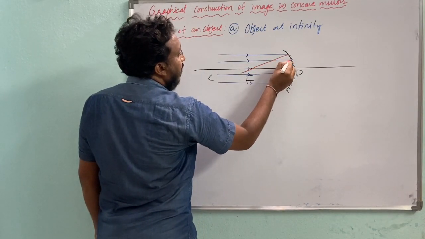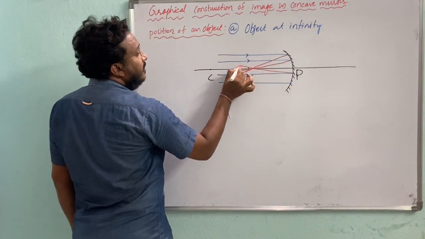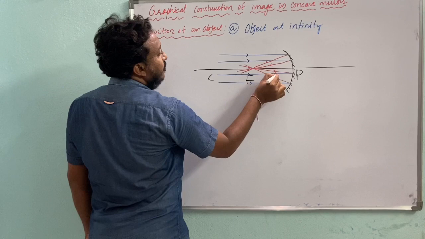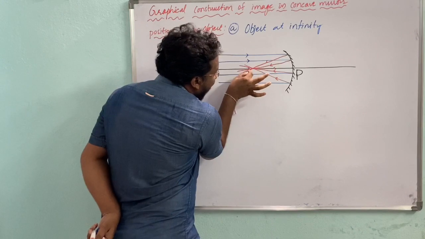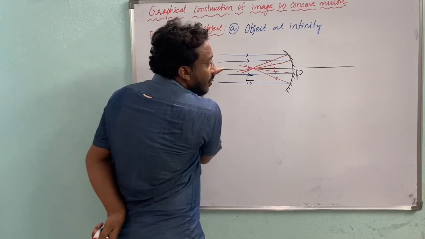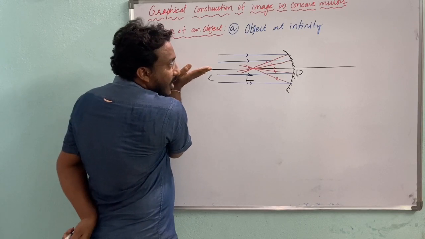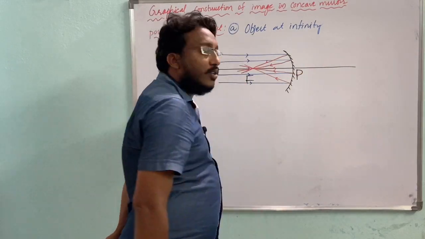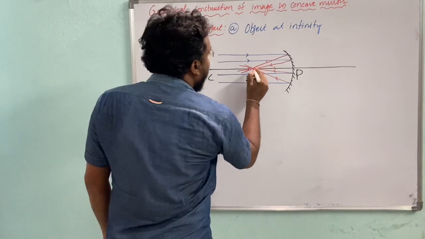For better understanding purposes, I am using multicolors. One blue color is indicating the incident ray and the red color indicating the reflected ray. I have drawn a ray, then arrow marks on the principal axis also. That means one of the incident rays passes through the principal axis also. We know that if an incident ray travels through the principal axis, it rebounds in the same path. Why? Because the principal axis is also a normal to the concave mirror. Already we discussed that, right? Then here the image is formed.